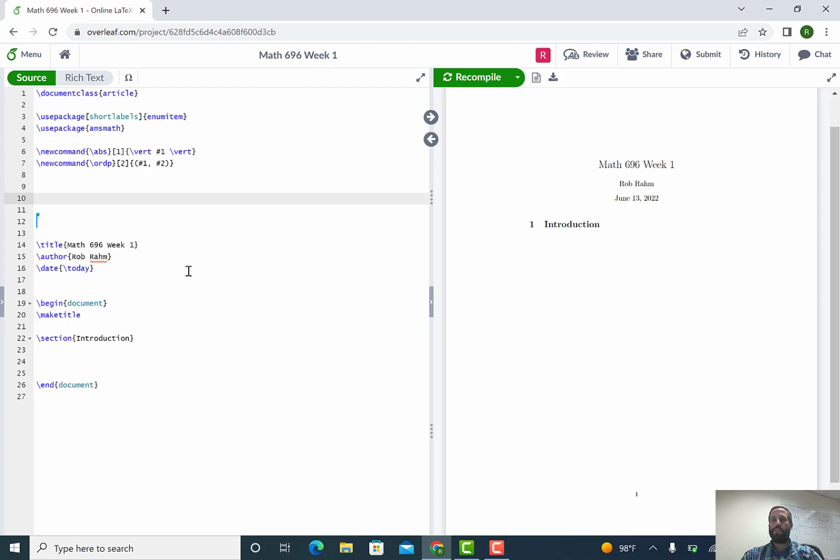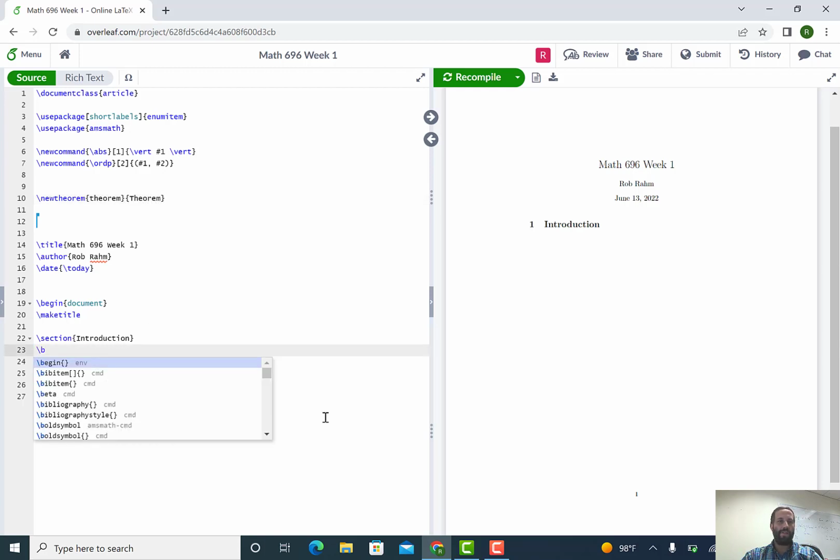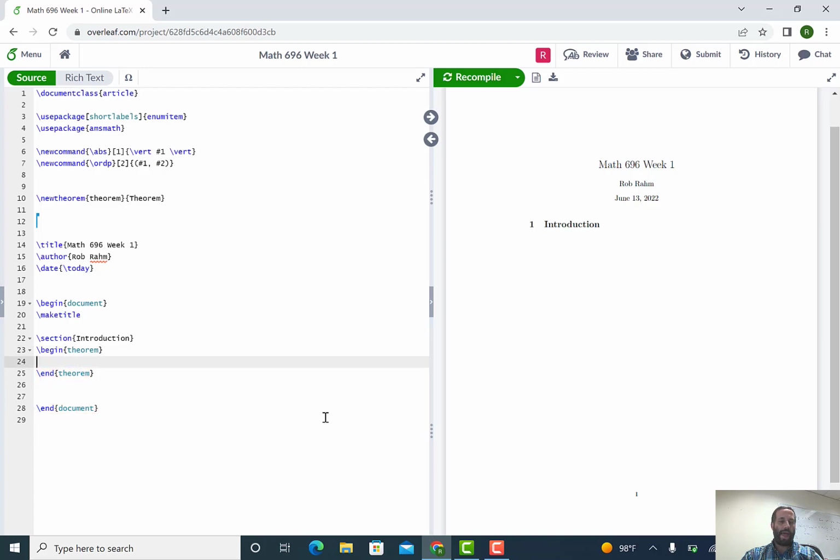Anyways, so the thing that I just want to begin with, if you just want a theorem, here's the command. Just newtheorem. It is a command that takes in two arguments. One is going to be what the name of the command is, so I'll just call it theorem, and the other is going to be what shows up in bold text. Okay, so I'm going to come down here, and this is an environment. So begin theorem, end theorem, and then